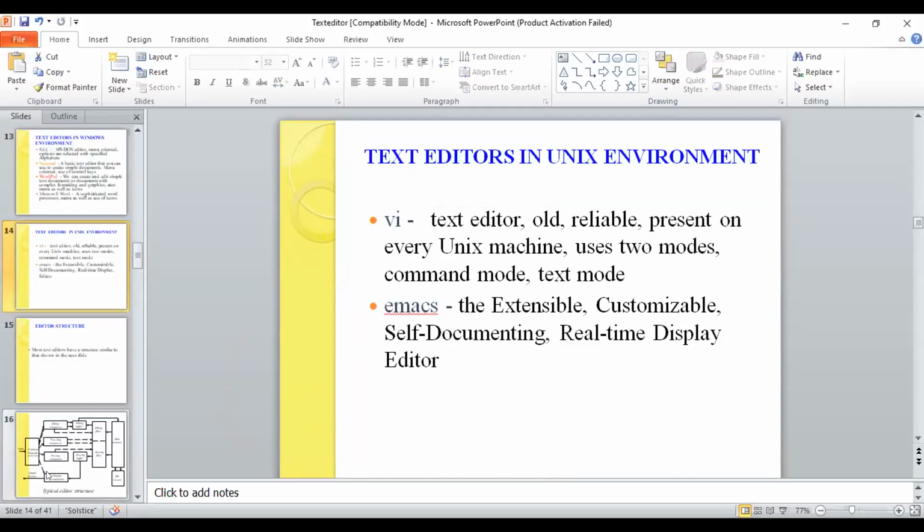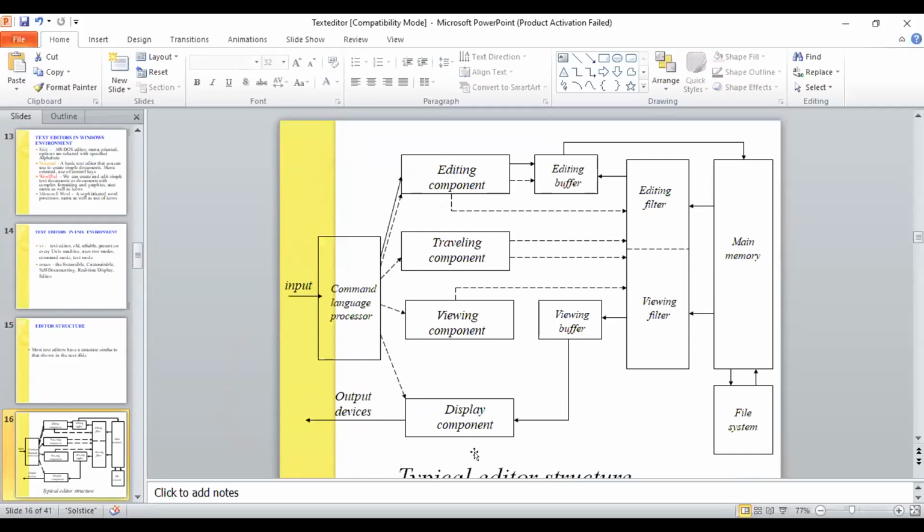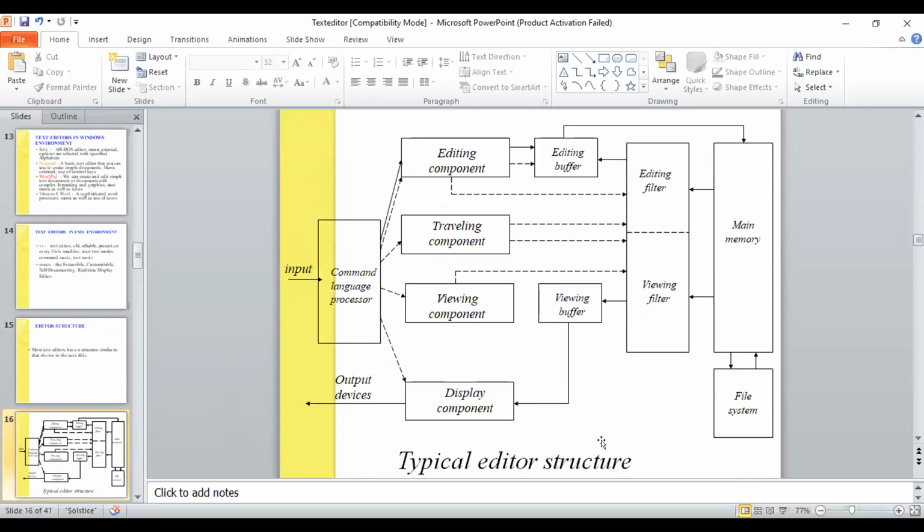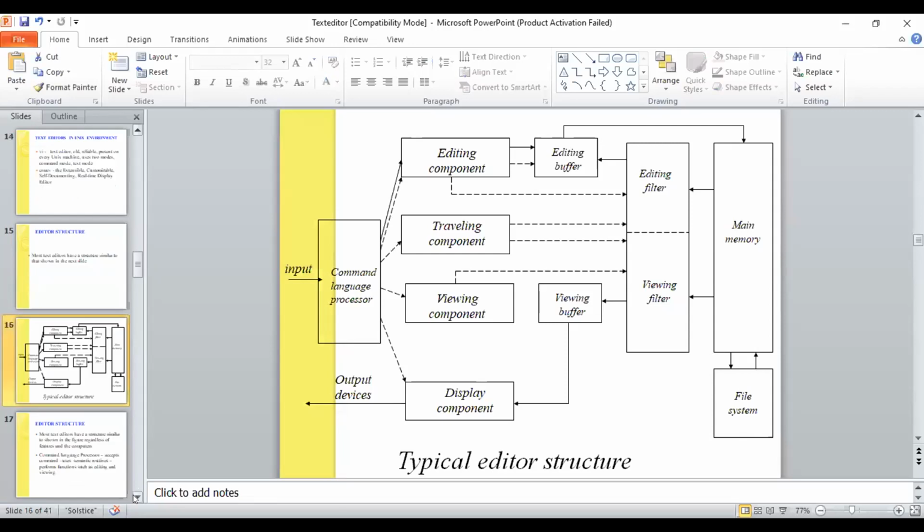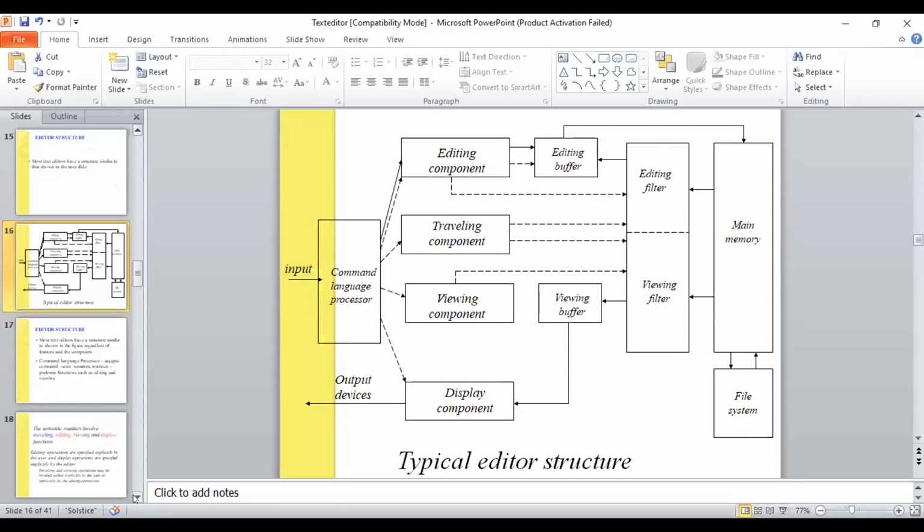The structures are totally different. This is one of the typical editor structures, but related to our programming, we are going to directly see the program phase of how the simulation of the text editor works.